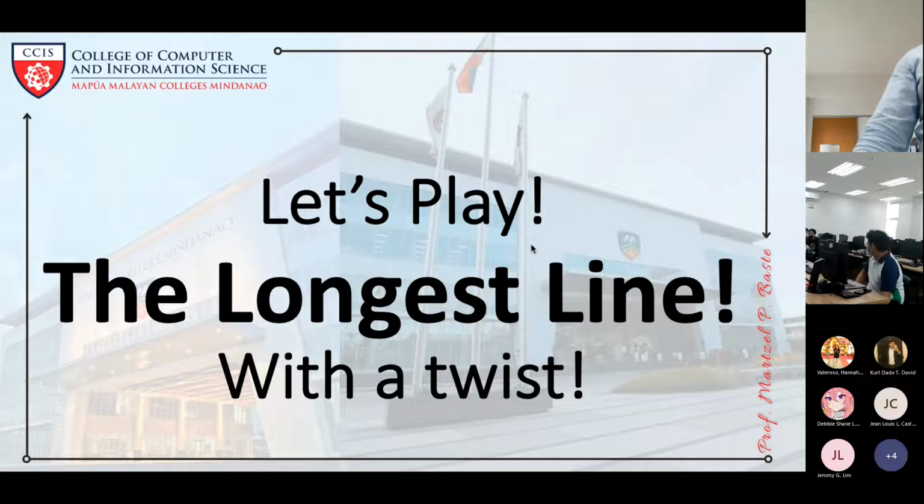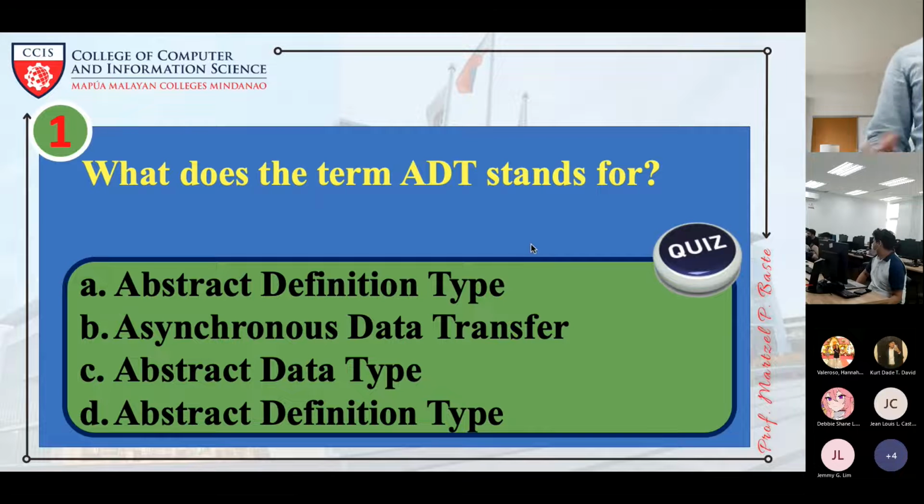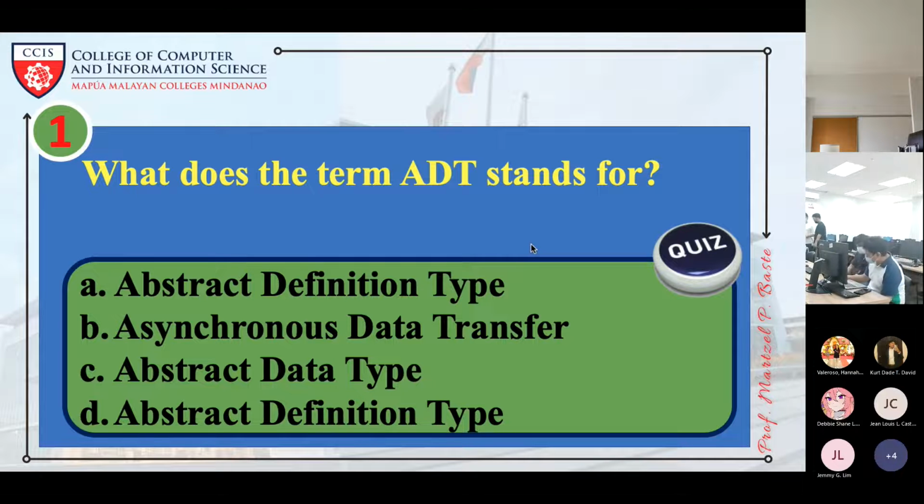Okay. Question number 1. What does the term ADT stand for? Since there are choices, we just have to give the answer. Either A, B, C, or D. Letter C. So since he got the correct answer, he has to get an item and then